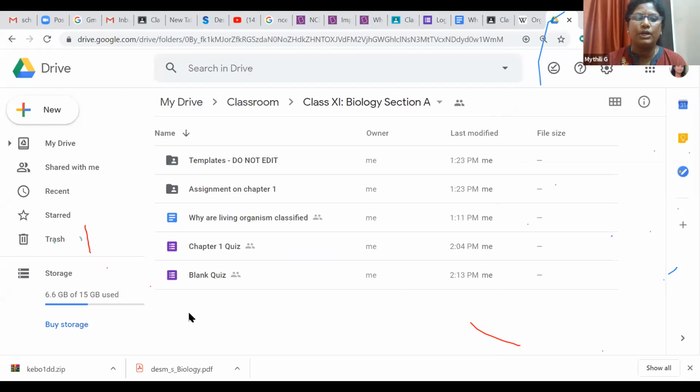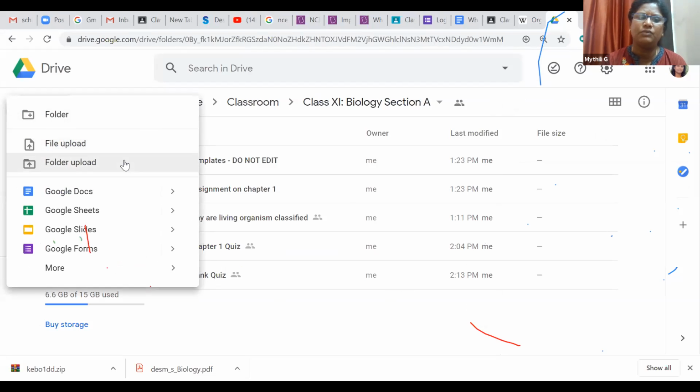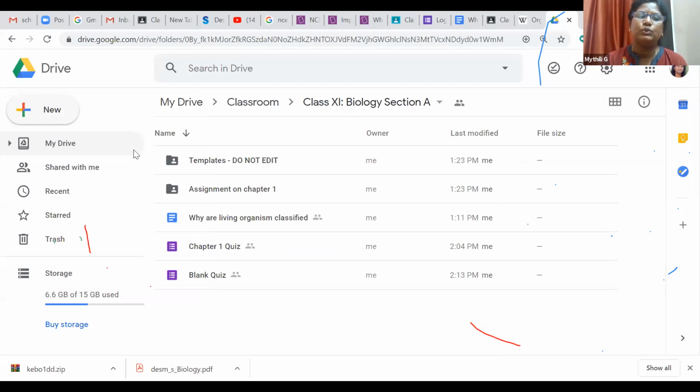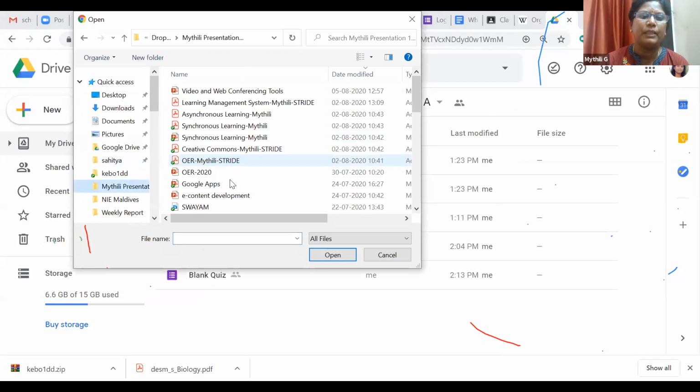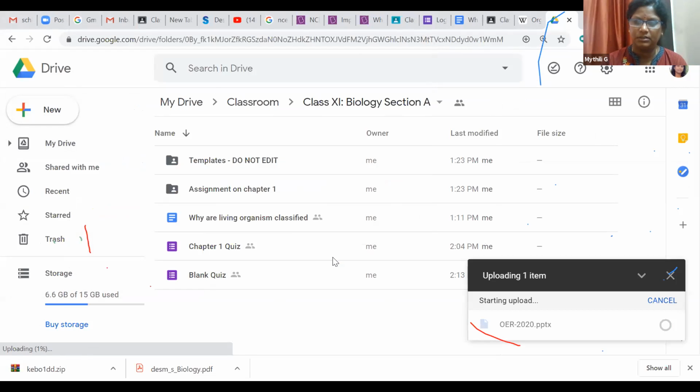Here you can upload all the material, for example, create a folder and then upload the file here. For example, I will upload the OER presentation for demo purposes. It is automatically uploaded in this particular folder.